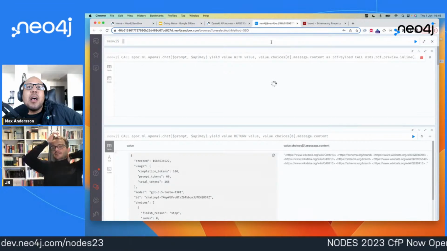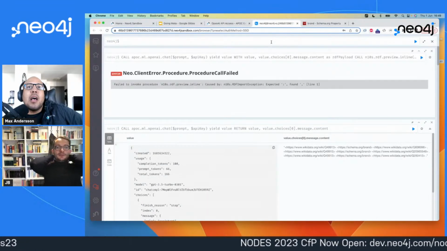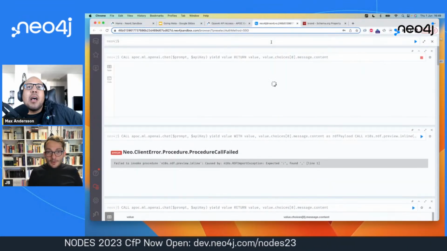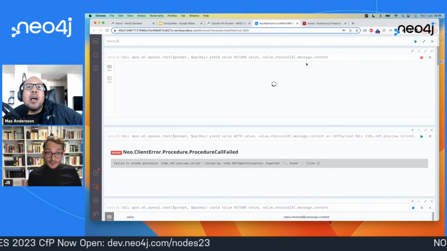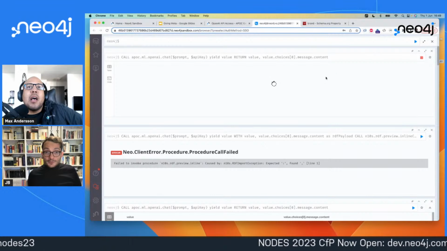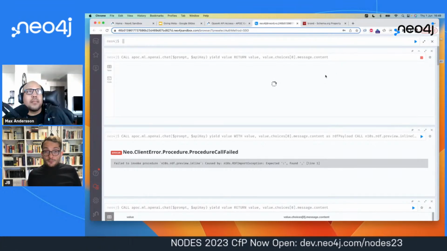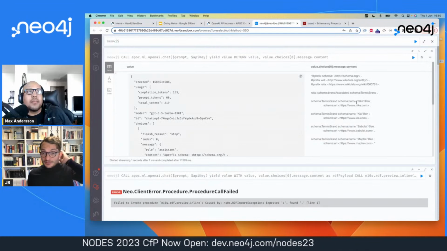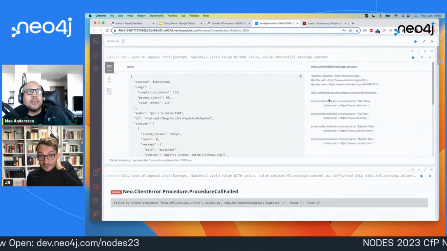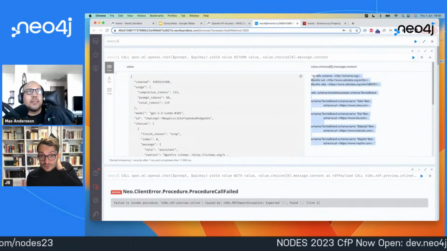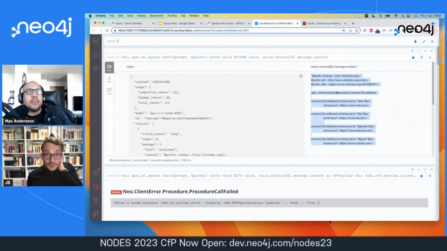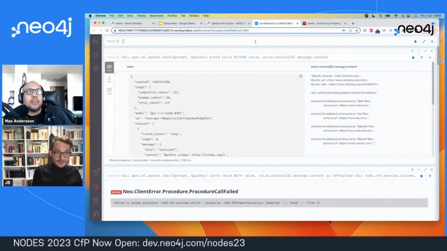Right. Okay, I see. So there's more work to be done. I don't know what flavor of RDF it's returning. In theory, I was being a bit optimistic on how consistent or predictable the RDF being generated would be. Oh, and that's still different again. But this looks like something that Neo-semantics should have been able to process. We don't know because it's throwing an exception. But if we did a